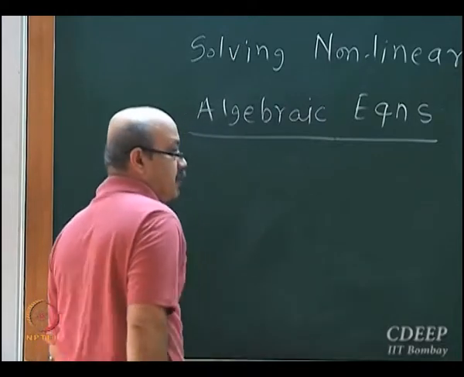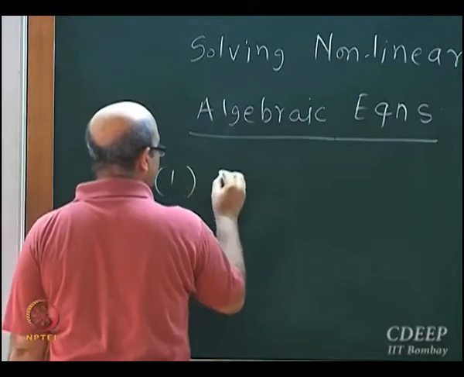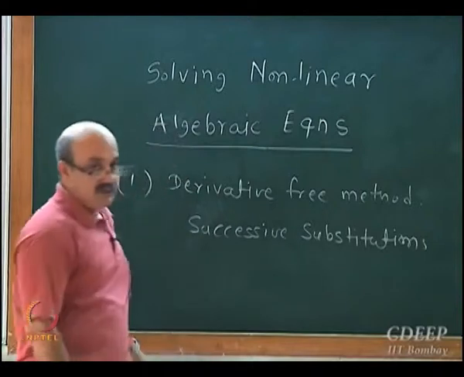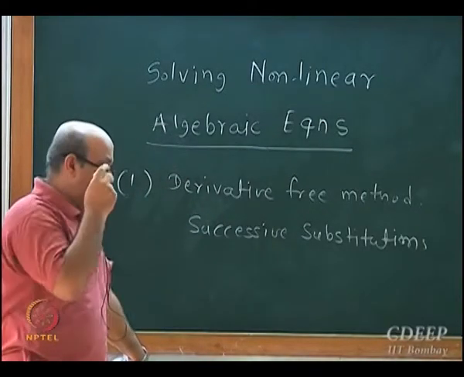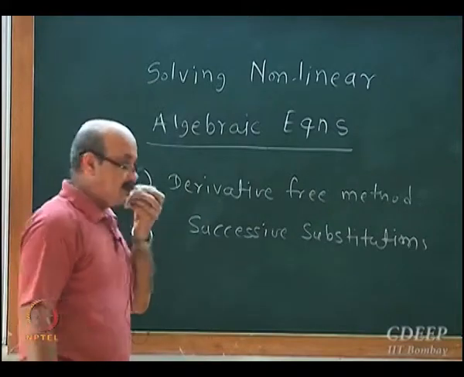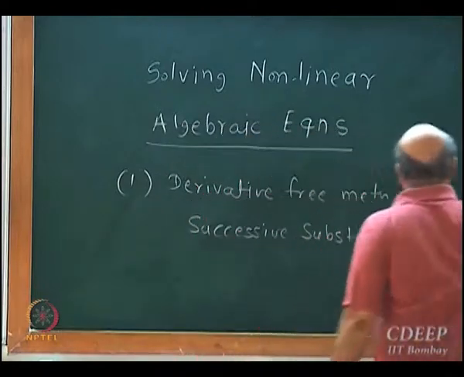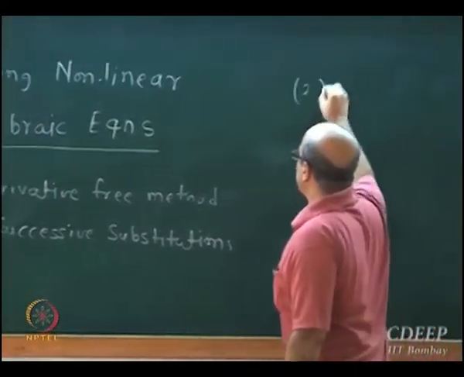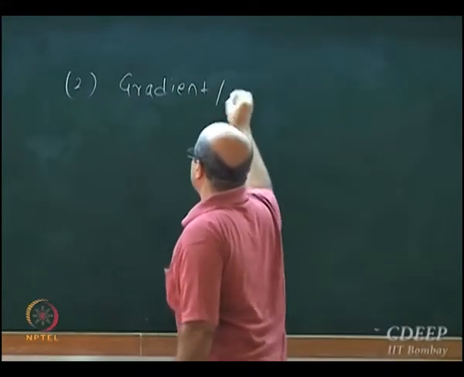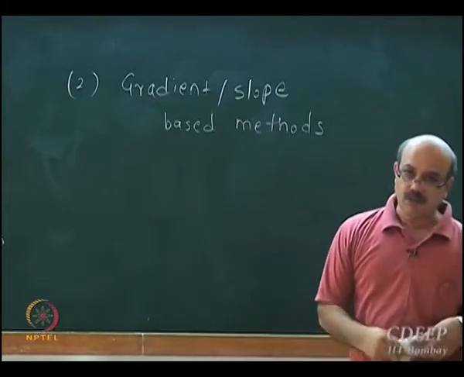So for solving nonlinear algebraic equations, the first method that we saw was successive substitution. Here we had different variants like Jacobi iterations, Gauss-Seidel iterations, and so on. Then the second class, I would say, is gradient or slope based methods,